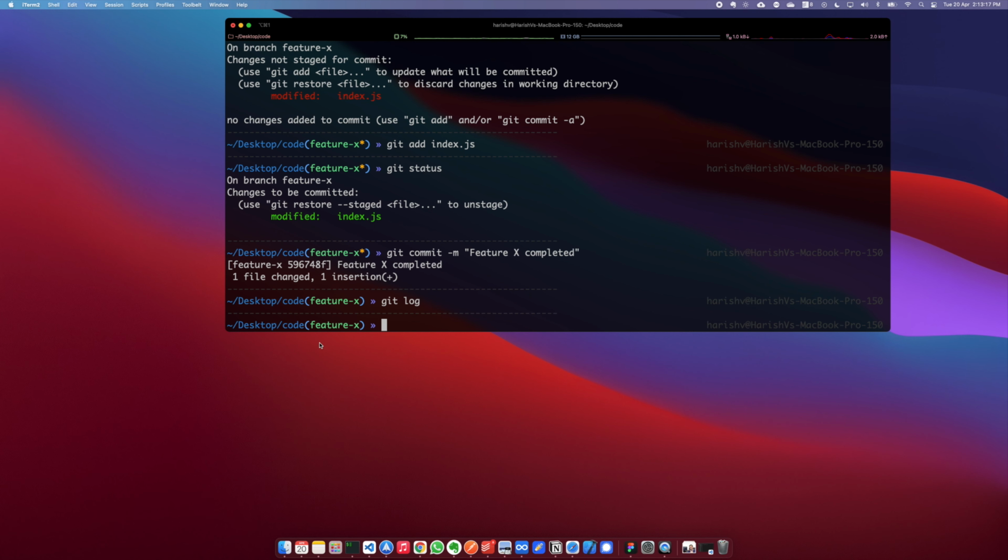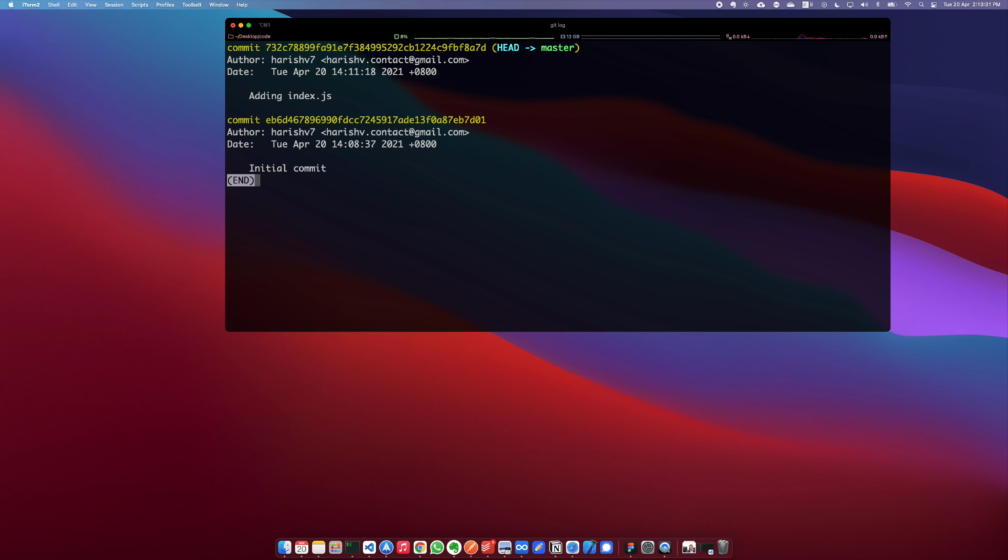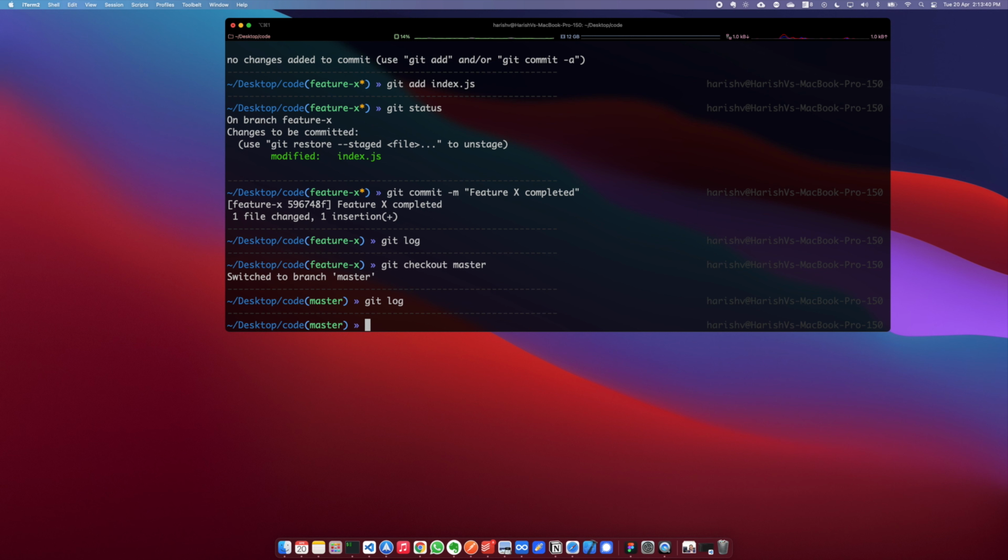But now we are on feature X and feature X is done. But now if we go back into our master branch, so git checkout master, and you can git log, it won't be there because all the changes that we have made on feature X is actually being stored on the feature X branch. It's not on the master branch. So that is the cool thing. I've worked separately on a feature in a different branch without affecting my main branch, which is the master branch,